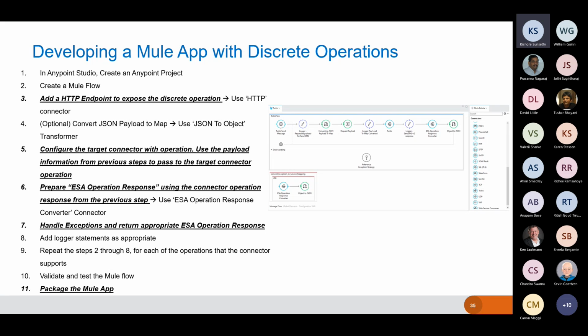So this is for a success case. Now there could be cases where the connector operations throw exceptions or errors. We need to handle the exceptions and return the appropriate ESA operation response. Ultimately the response we expect from any discrete Mule operation is the ESA operation response, which is a standard structure for both success and error scenarios, where you can send the status code or the error or success response details